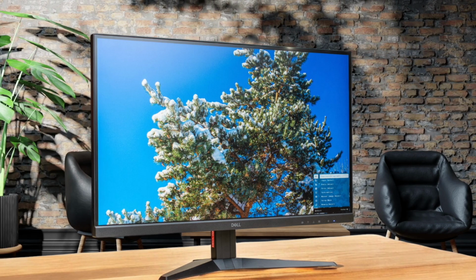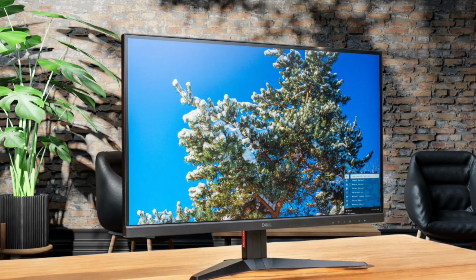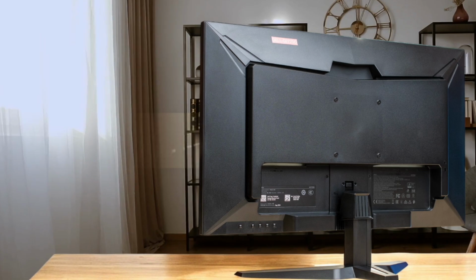I love that it has good brightness for daytime gaming and handles reflections well, so you won't be fighting glare during those daytime gaming sessions. I typically recommend this to people who want a versatile monitor that works well for both gaming and productivity without spending a fortune. The IPS panel gives you consistent colors from different angles, which is great if you sometimes have